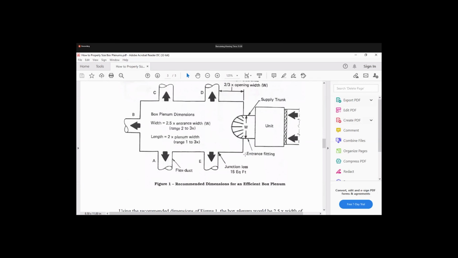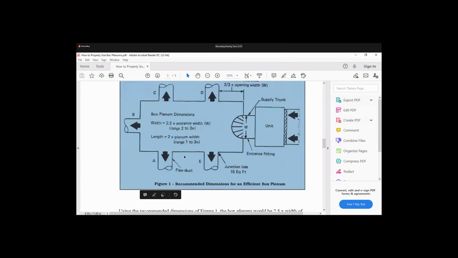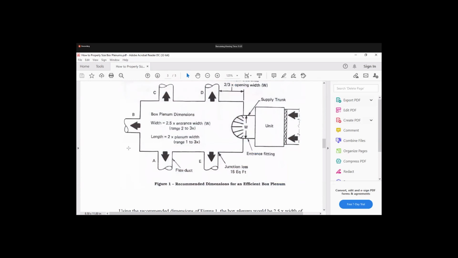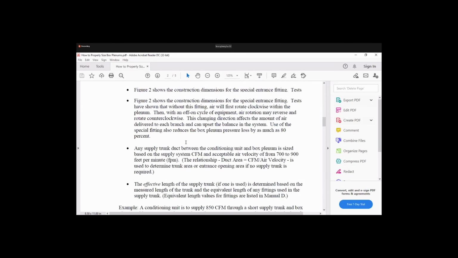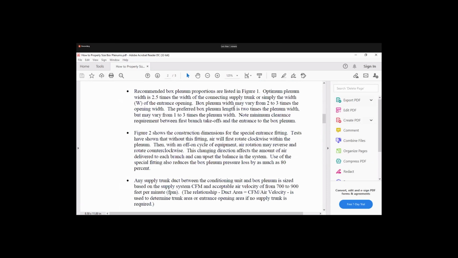This width into 2, so we will get this length. But it may vary from 1 to 3 times the plenum width. We can take between 1 to 3 times, but the most accurate is 2 times the width of the plenum.